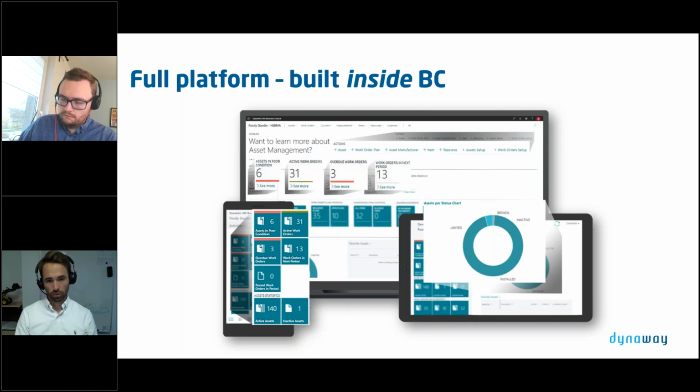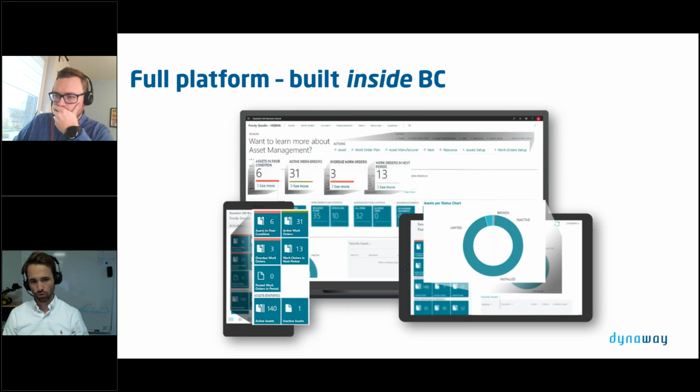processes that we have copied into Dynaway, and also with the fact that it links into items, purchasing, finance, resource, and so forth. So we're taking all the good parts of BC and linking them into Dynaway, or the other way around, if